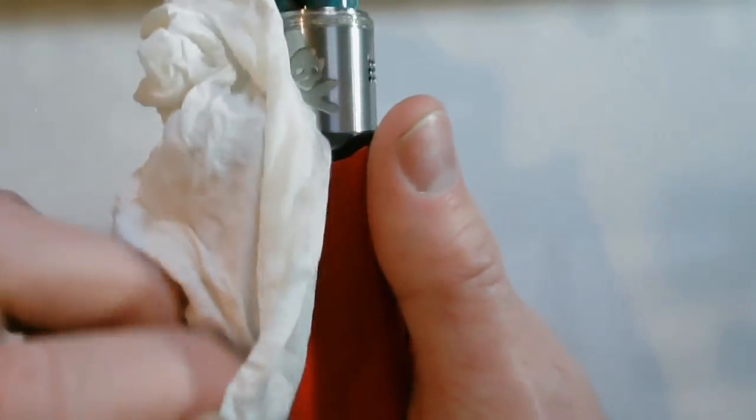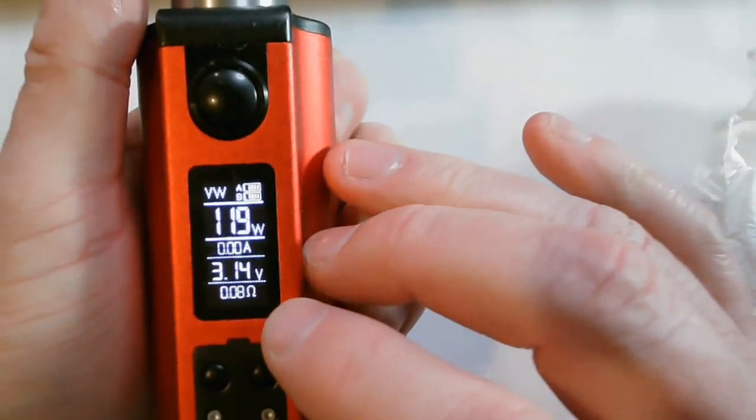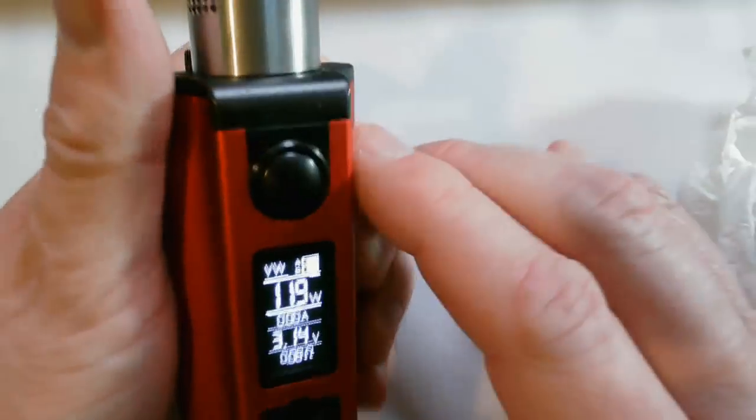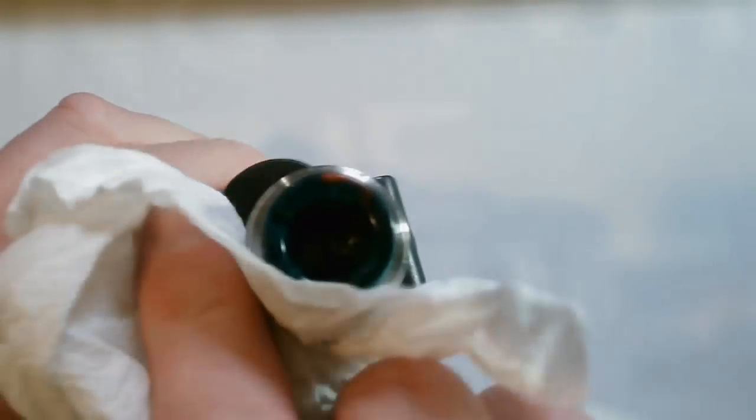Clean this up. Well, I got juice on it when I put that bottle back in. Clean this off just a bit. So 200 watt, it will go down to 0.08, which is what I have my build at, and fire no problem. All right, let's bring it back up top, and I'll give you some thoughts and a little bit of